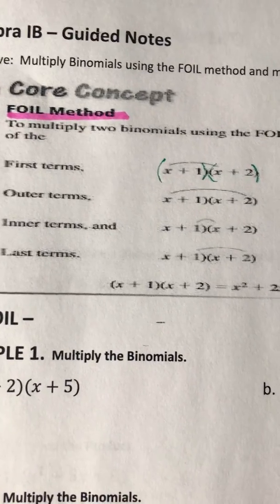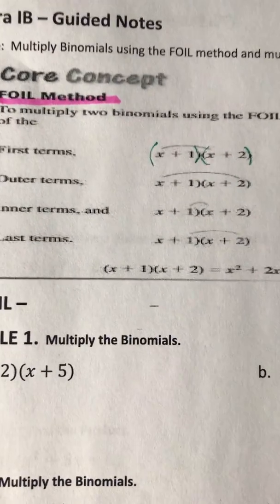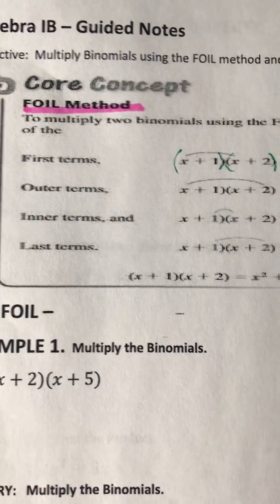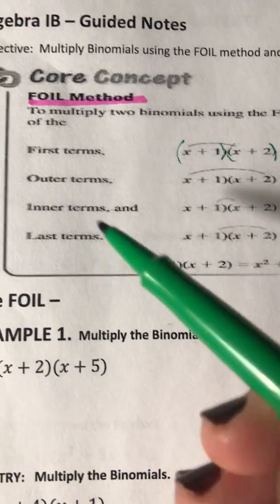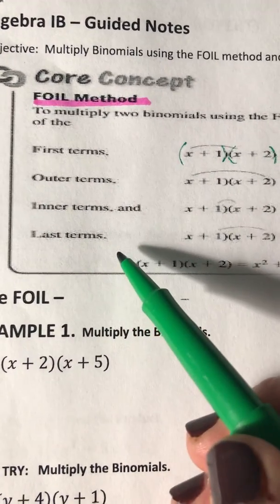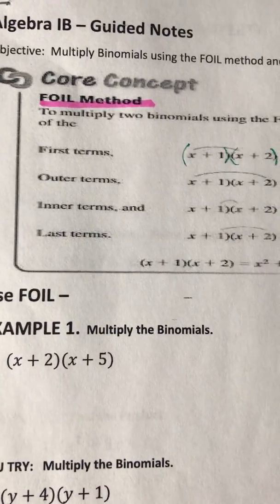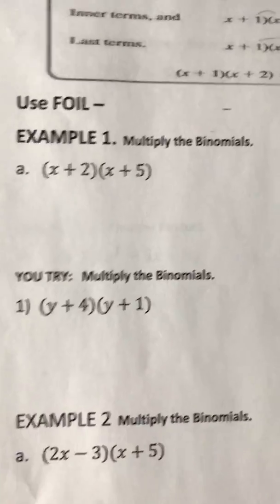And FOIL stands for multiplying the first terms together. Next, you multiply the outside terms, then the inside terms, and the last terms. It's just a way to remember that you're multiplying everything. So in our first example,